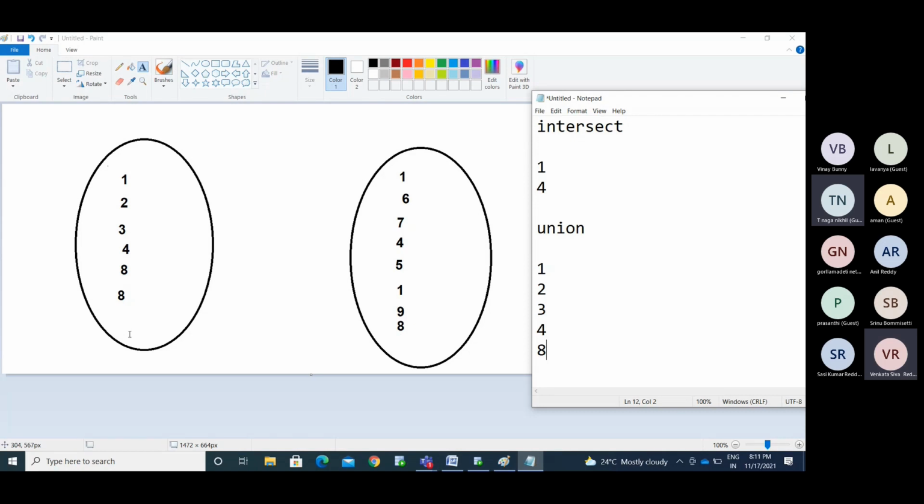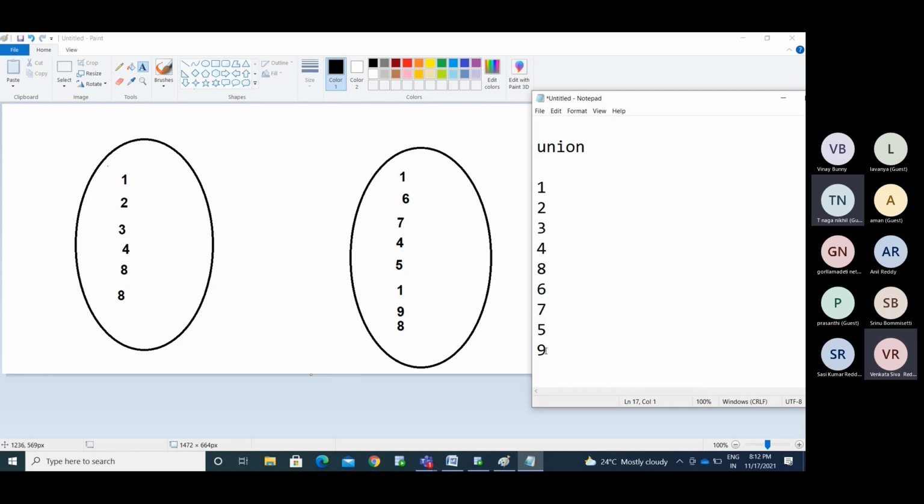So after that, whatever the 8s we have, it eliminates all the 8s. Okay, now it will come for this position. It already eliminated. It will come for this place, 6. It displayed 6 and 7. And what we have, 4 is already eliminated, 5. So we need to insert 5. And 1 is already eliminated, 9. So 8 is already eliminated.